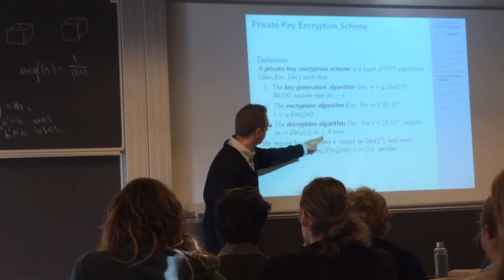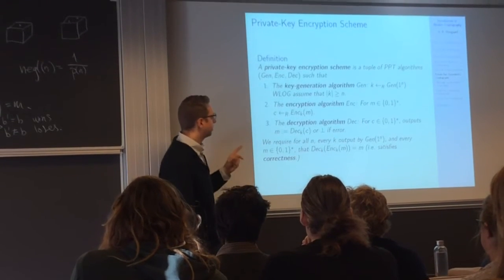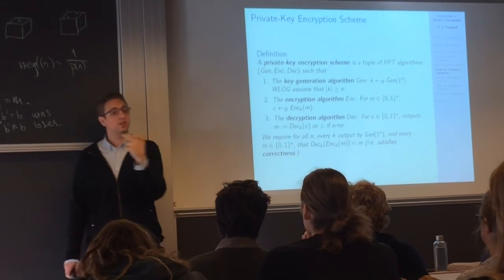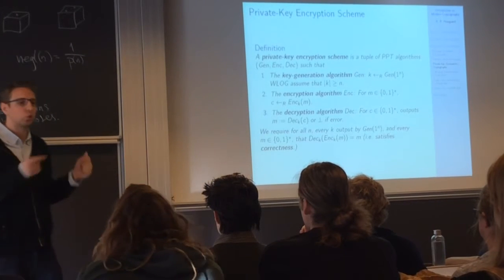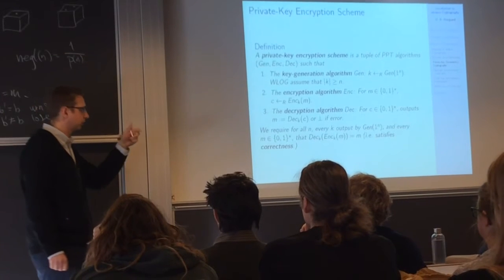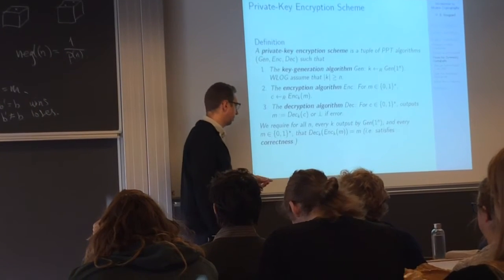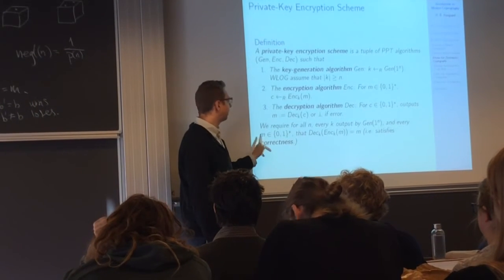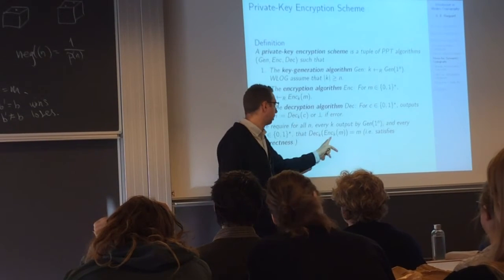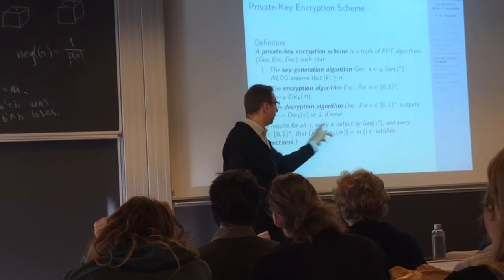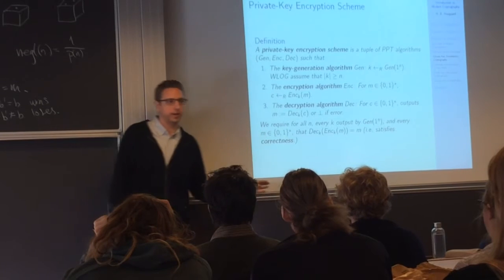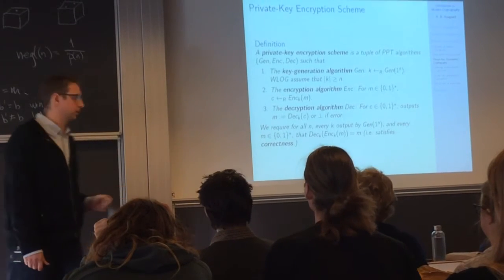And here you see we also have this error. That's because we don't suppose that the message space and the ciphertext space have the same length. So we could have some ciphertexts that simply don't decrypt, that don't have any message corresponding to them. But what we do say is that for every message that we can encrypt, obviously, because that's how it's defined, if we were to decrypt it, we get M again. So it's still correctness, it's just not perfect correctness. It doesn't exist for every ciphertext.